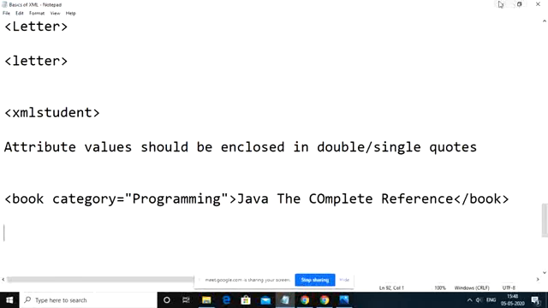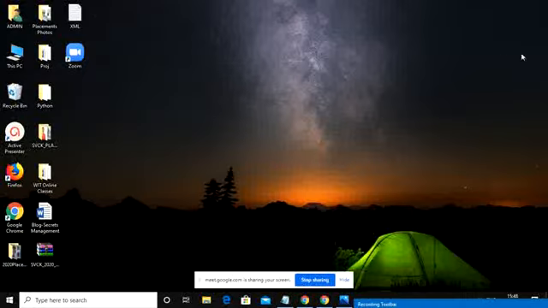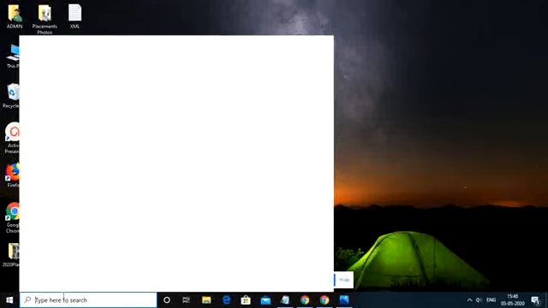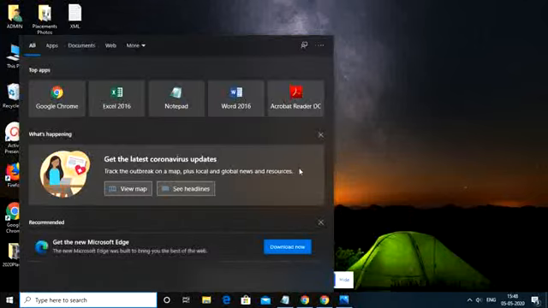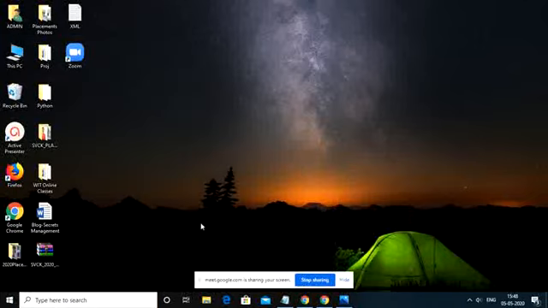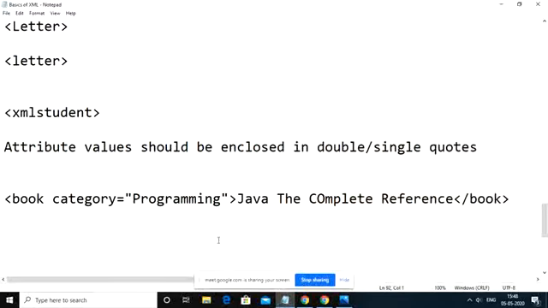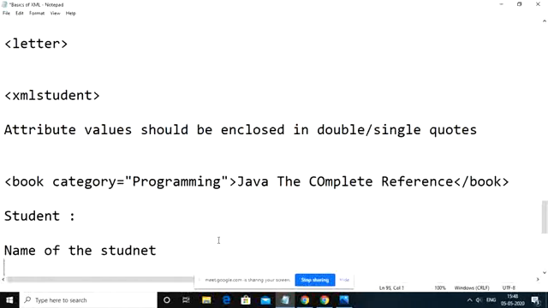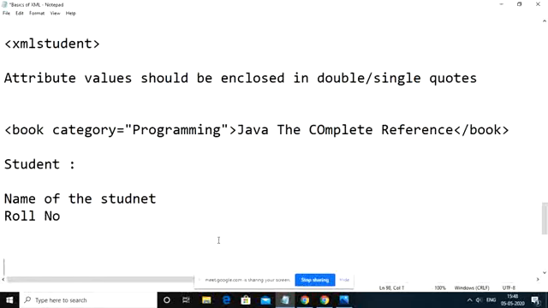Now we will try to develop one simple XML document which represents the data related to a particular student. A student will have information like the name of the student, followed by roll number, the year he is studying, and the semester he is studying. Then we also want to store the branch he chose.